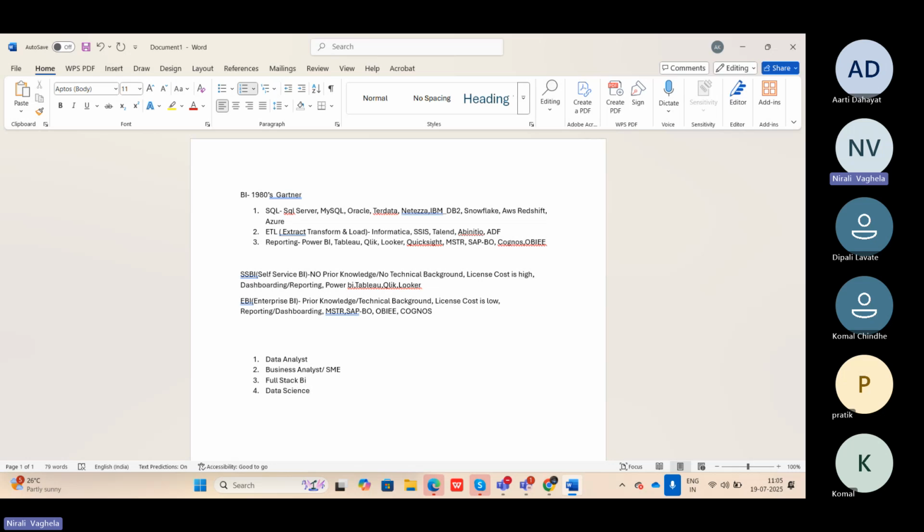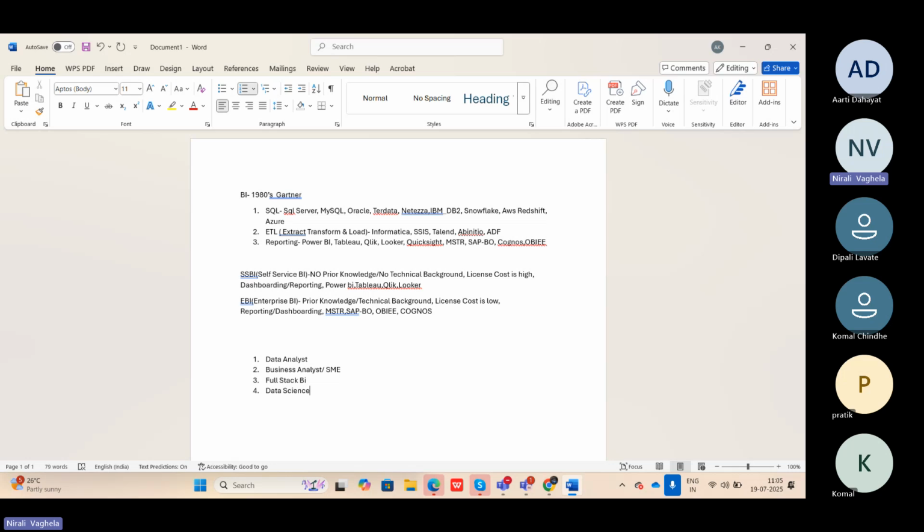So in data science, you definitely need reporting knowledge, but along with that, you should know one of the languages: R, Python, or SAS. You should know machine learning concepts. You should know how exactly the models and everything work. Once you know all of these things, then you can become a data scientist.